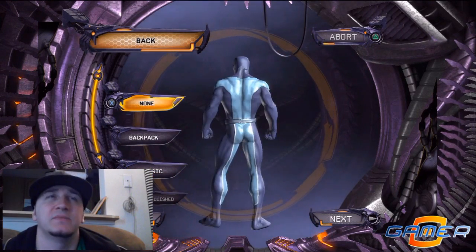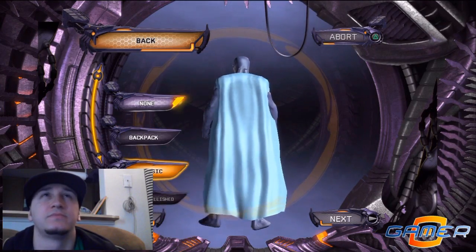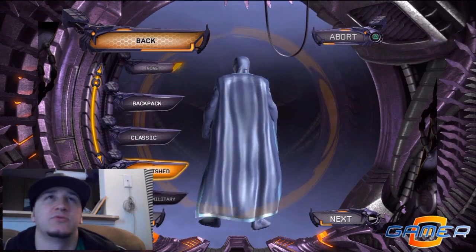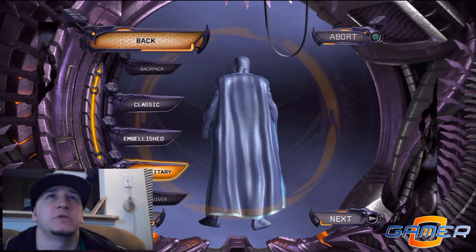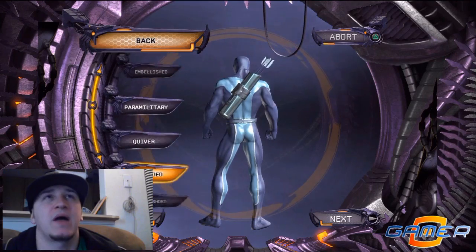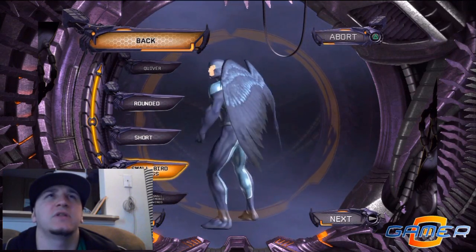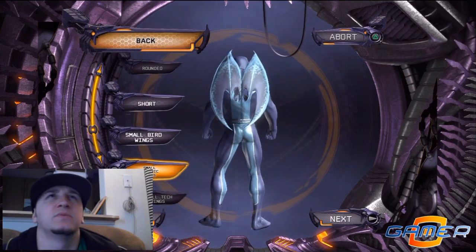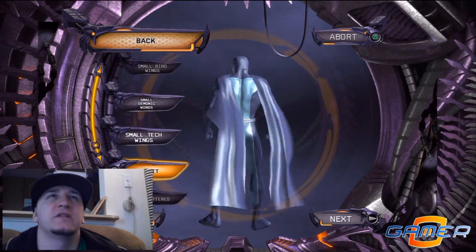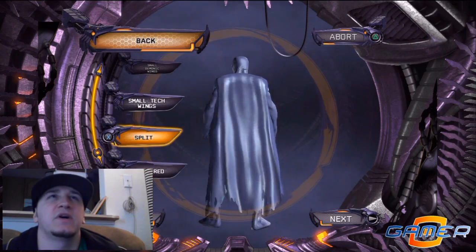You can do backing, which is like your cape or backpack, and there's a regular cape, and then there's embellished cape, which just has the nice trim or whatever. Paramilitary backpack, you got quiver, rounded. I mean, there's a good selection. You got the wings of all different kinds, demonic, robotic, split cape, which is what I like. You've got tattered,